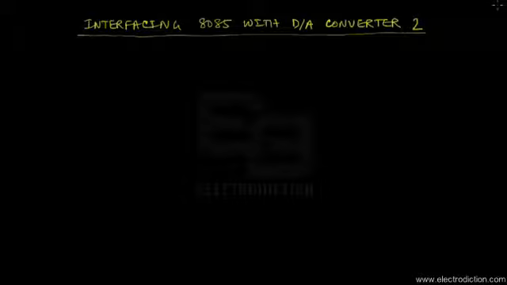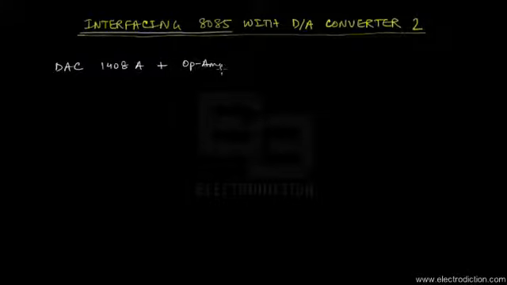So here, this is part 2 of the previous tutorial, as you can see, and we're going to go on with the interfacing part, as to how you can interface the 8085 with the DA converter. Back in the previous tutorial we used the DAC chip 1408A, acting as the digital to analog converter along with an op-amp. These two things just give us the analog voltage output. And we are going to implement a few more peripherals with the 8085 in order to complete